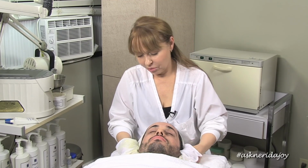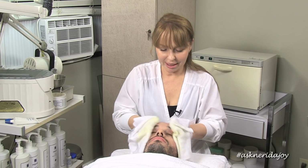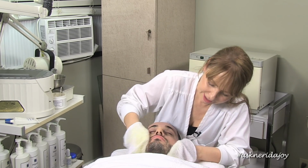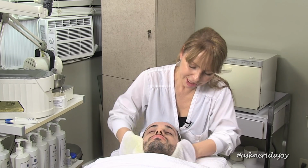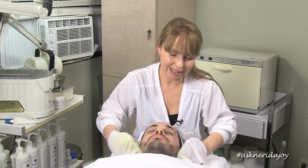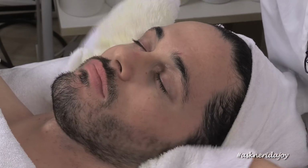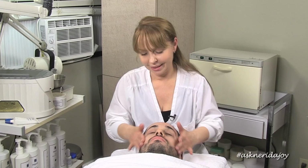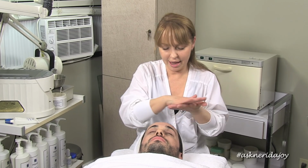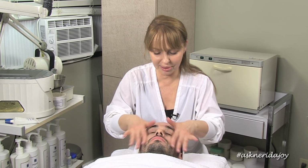So right now we are removing the mask. As you can see, my towels are very yellow from my Q-flavonoid, and again, we want to make sure we're really getting under his beard, because we want to make sure it's clean under there, and we're getting all the mask off too. His skin feels really good. So I'm going to put a little healing gel on his skin, and we're going to prep it again. We're going to put some more of the